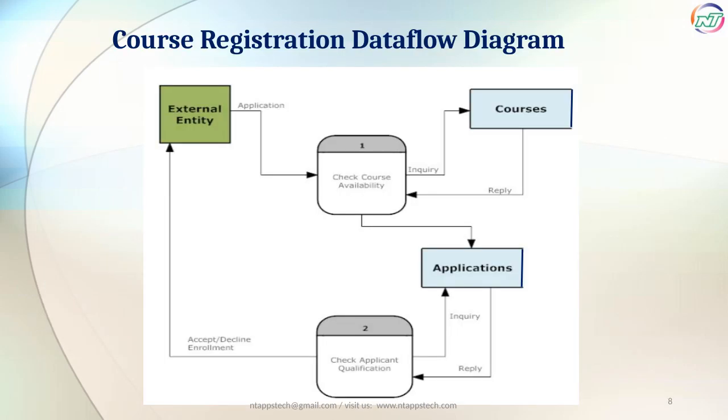This diagram shows how the course registration process works by breaking it down into two main steps. First, the system checks whether the course is available by sending an inquiry to the course database and receiving a reply about availability. Once the course availability is confirmed, the system then checks the applicant's qualifications by querying the application records. Finally, based on these checks, the system either accepts or declines the enrollment request back to the external entity,